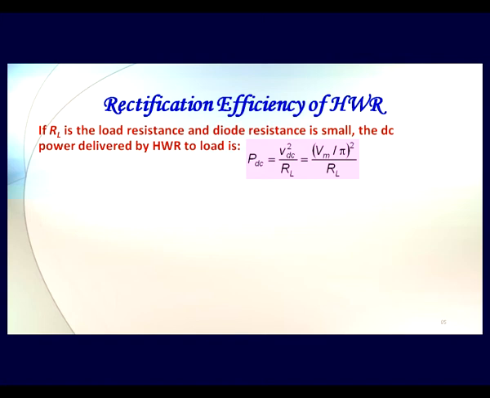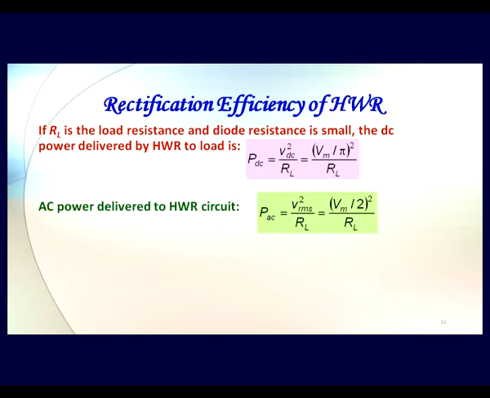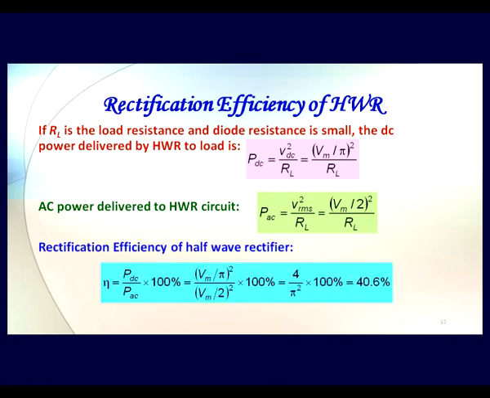And the input that we have given, the AC power delivered that we are giving into the half wave rectifier, PAC, is nothing but V square RMS upon RL, that is (Vm by 2) square upon RL. If I just substitute and then take a ratio, then the efficiency of rectification eta will be PDC upon PAC into 100%, which will be (Vm by pi) square upon (Vm by 2) square into 100%. So if you just substitute the values, you get Vm square getting cancelled, (4 by pi square) into 100%,